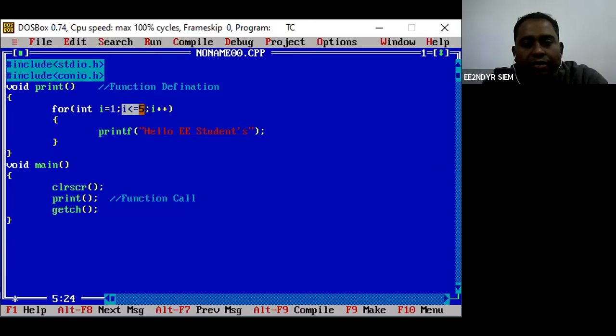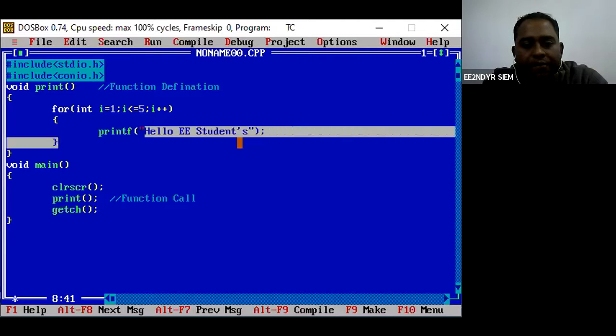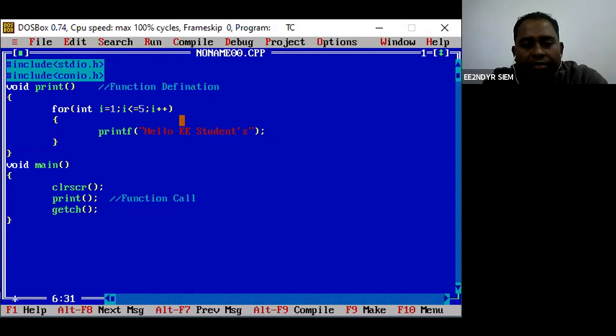So 4 is less than 5, again it's going to print this line, and afterwards it will increment the value of i. And now the value of i is 5. So 5 is not less than 5, but it is equal to 5. Since 5 is equal to 5, again it's going to print this statement.